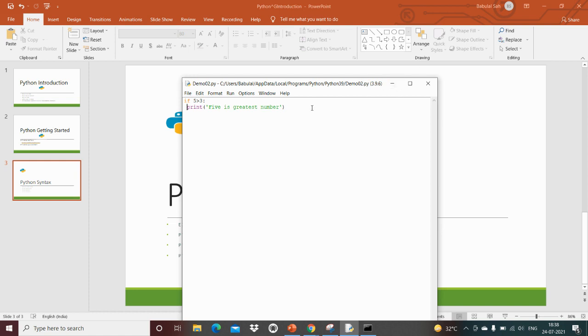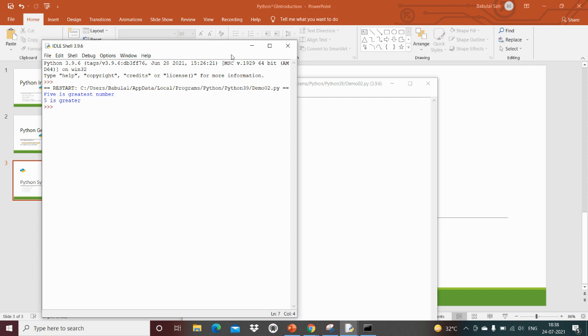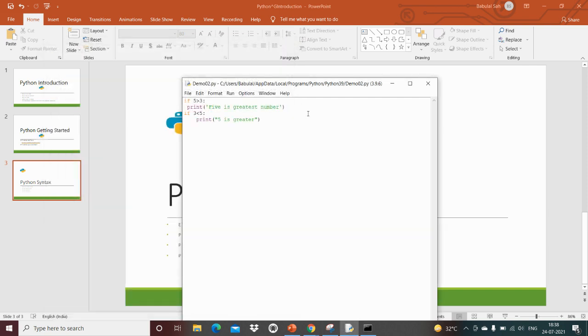So at least one space should be there, otherwise it will give you an error. Now save and click on run, press F5 or run.